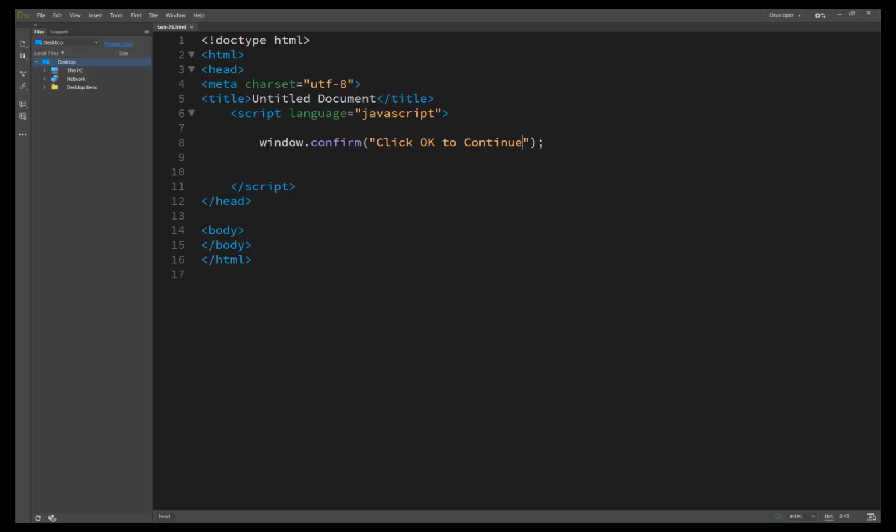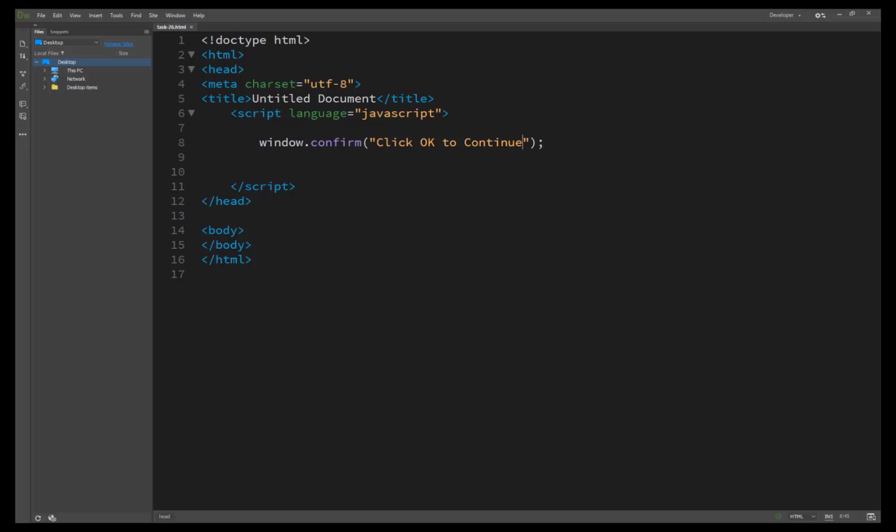This is done for security, so you can't pop up a dialog box that represents itself as anything but the result of the JavaScript running in the current page. So window.confirm returns a value, either true or false.